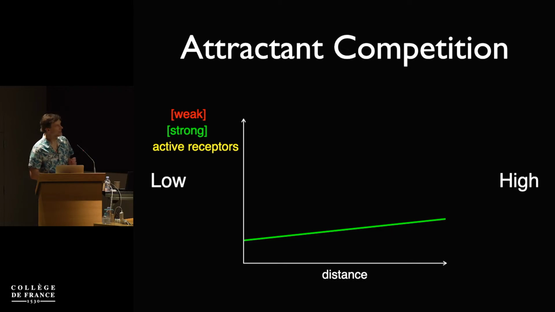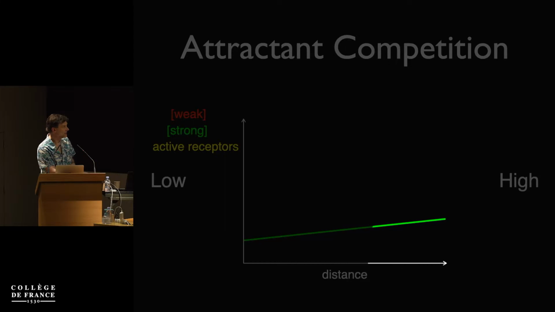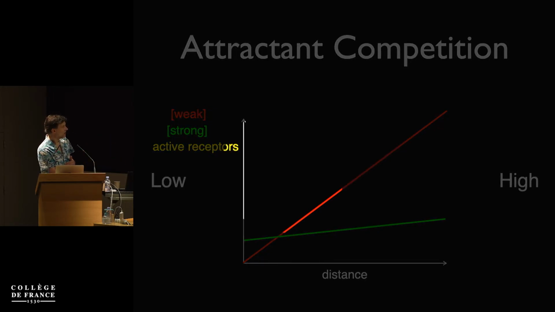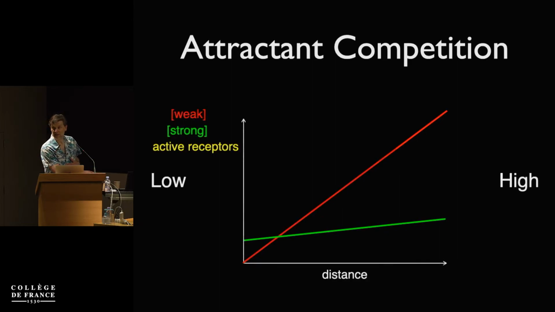So let me come to that last thing I showed you. Instead of having a flat gradient of your attractant, you have a shallowish gradient like this, starting with a little bit of chemoattractant and going to a little bit higher. That's a positive gradient. The cells will be able to read that. Say your competitor is not a perfect competitor, say it only activates the receptor 5% of the time. Then this gradient here will still be red because you'll have no stimulated receptors there, and you'll have 5% of the receptor stimulated there. So again, this will be a positive gradient.